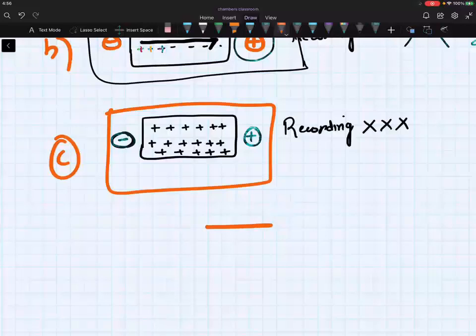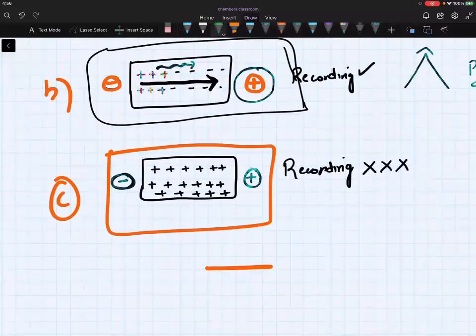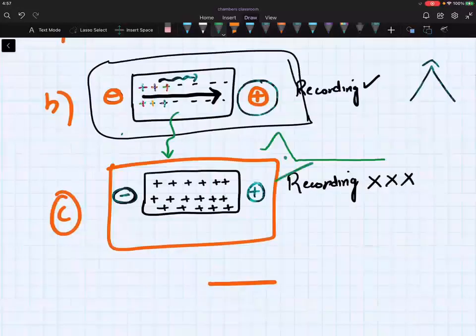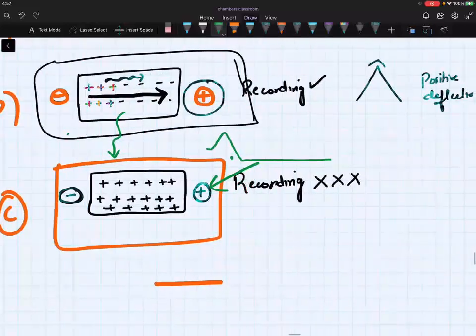So while traveling from B case to C case, what was happening? Let me draw that. I was going like this. Now I am reaching down again. So can I say here I am again on the baseline? Can we see I am on the baseline in this case? Yes, I am on the baseline because everything is in the same phase. So if all of them are in the same phase, we say we are on the baseline. So we have to remember one thing.